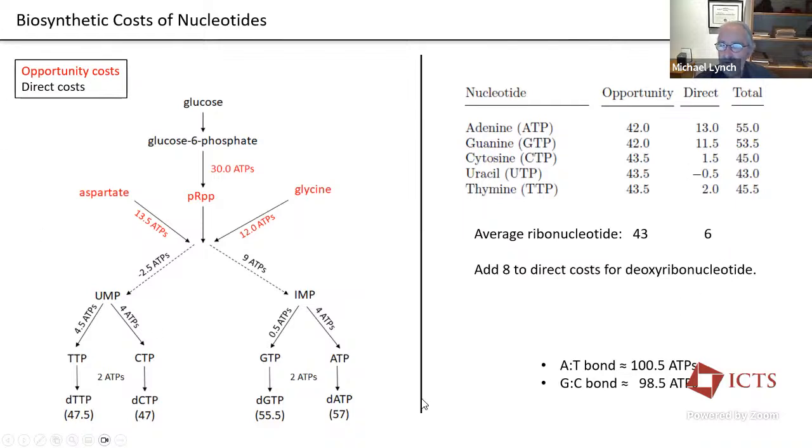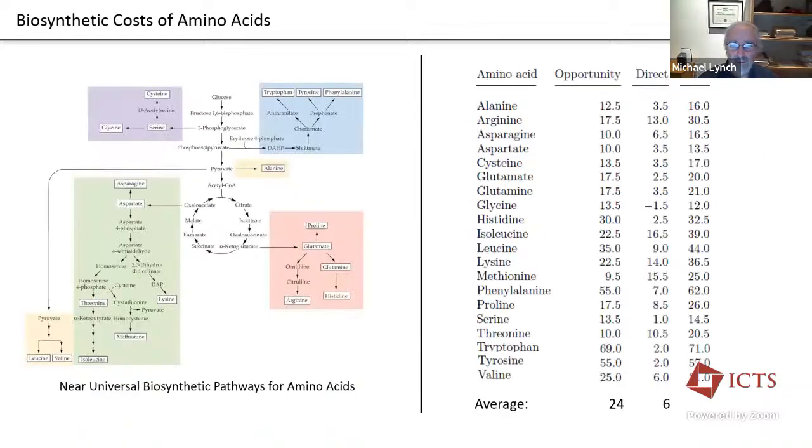And just to give you an idea what this can start to tell you, if we sum up an A and a T, we get 100.5. And if we sum up a G and a C, we get 98.5. So if all that mattered to life was trying to minimize the cost of DNA, there'd be a premium on using GCs in your codons as opposed to AGTs. It's not a great difference, but it's nonetheless a difference. Yet most organisms seem to have a mutation bias, it turns out, towards A's and T's, the most expensive nucleotide pair. And then we can similarly think about what about amino acids?